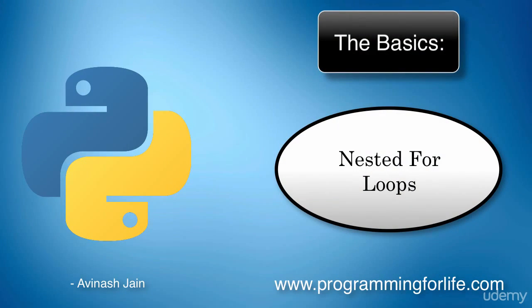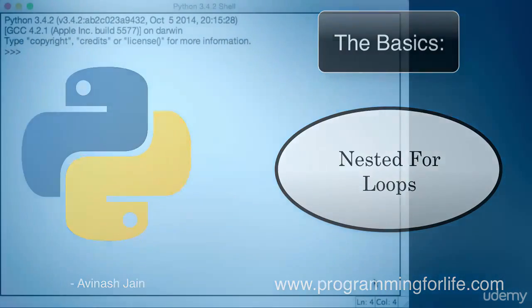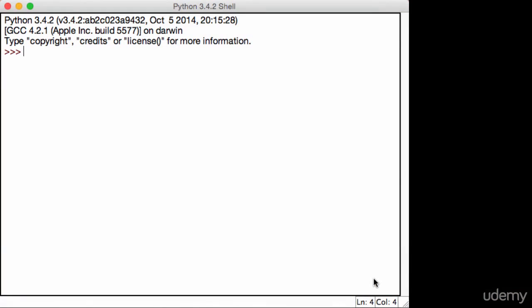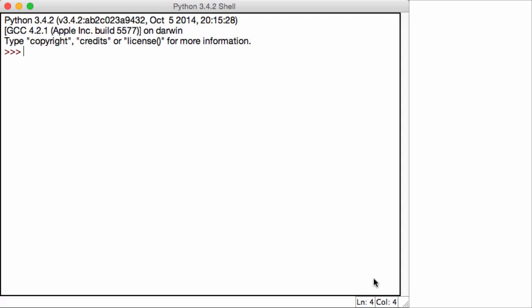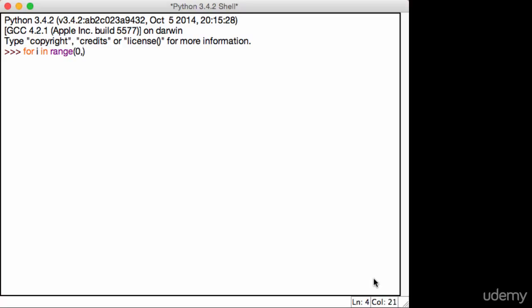Alright, so in this lecture, we're going to be talking about nested loops. And just like we learned about nested if and else statements, the concept is quite similar. Let's get started. So I'm going to create a very simple for loop: for I in range 0 to 5,